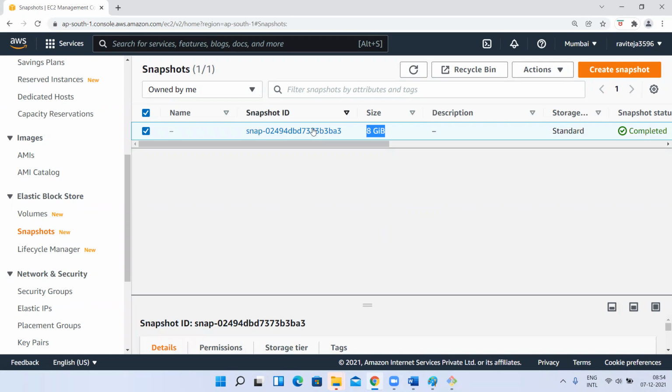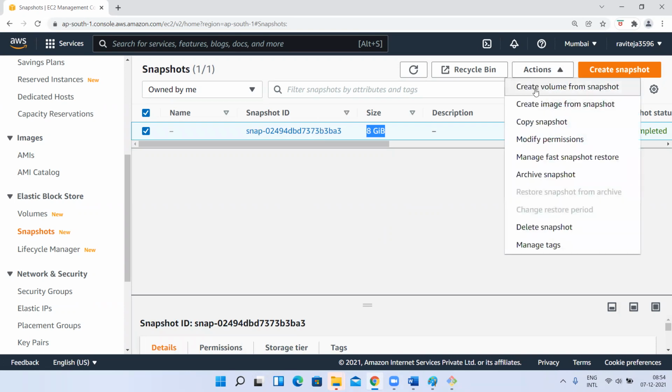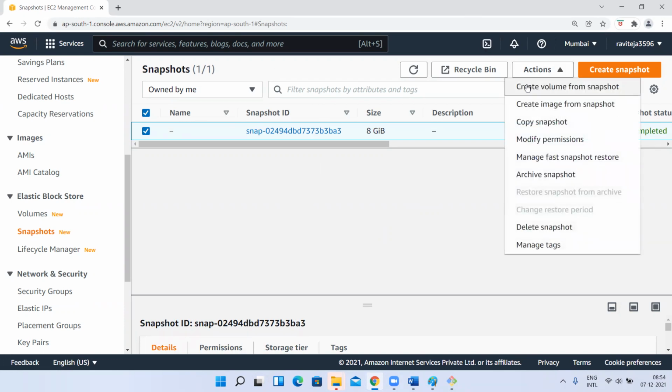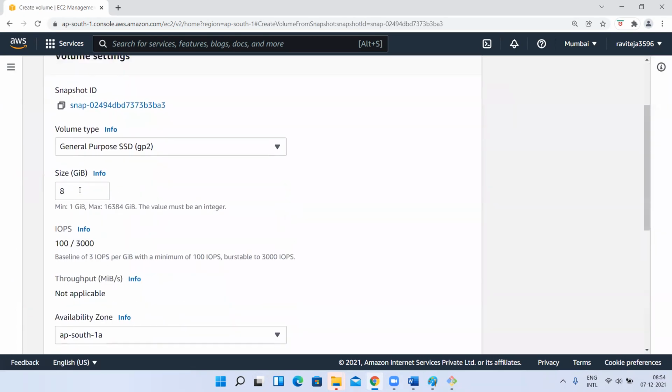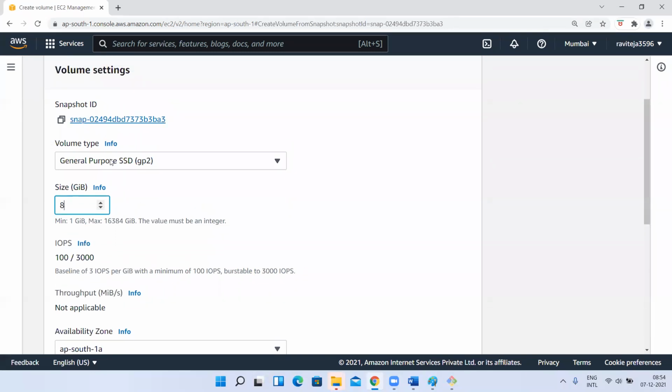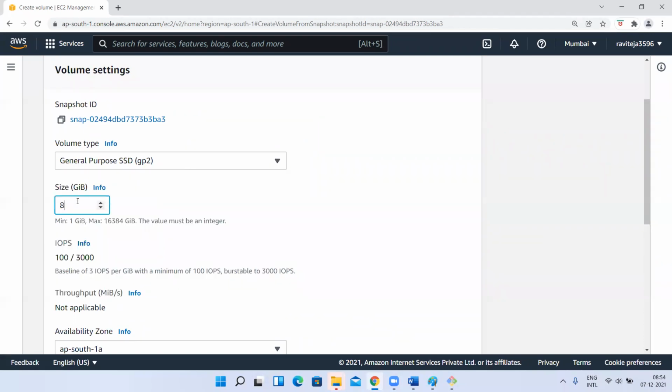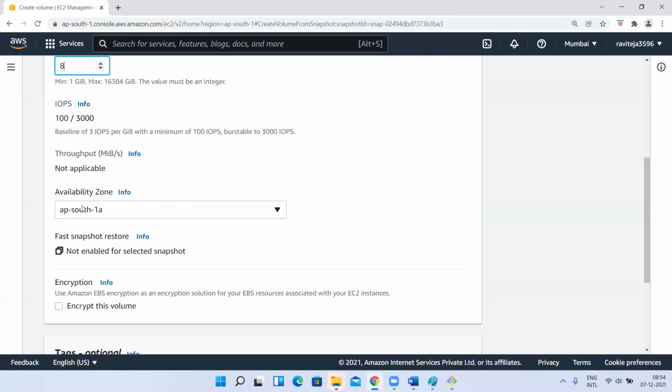But from this snapshot, whenever you are creating a volume, see this. Now my snapshot is ready, and I want to create a volume out of this. It will show the default memory, but if you want, you can change it. You can change the volume type, the memory, and the availability zone.